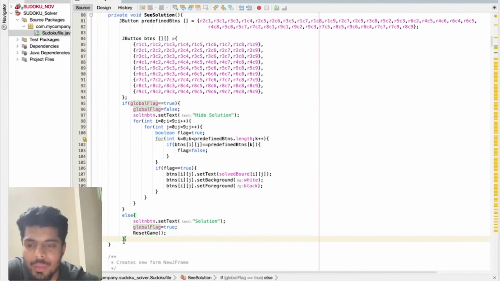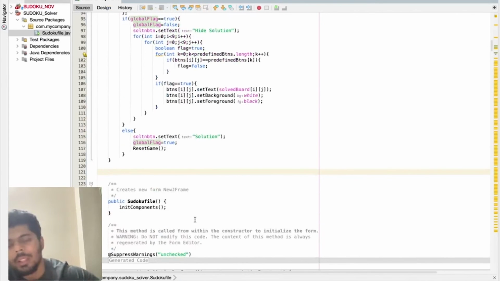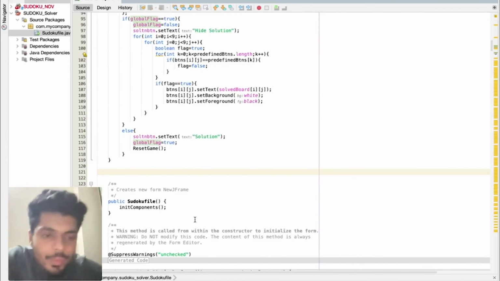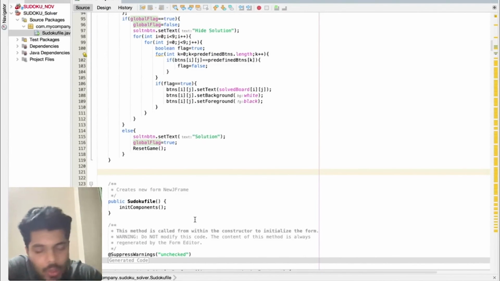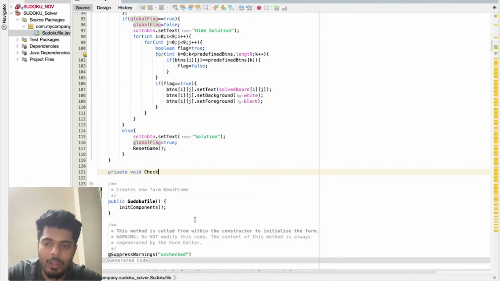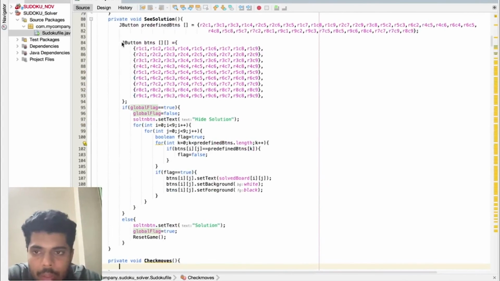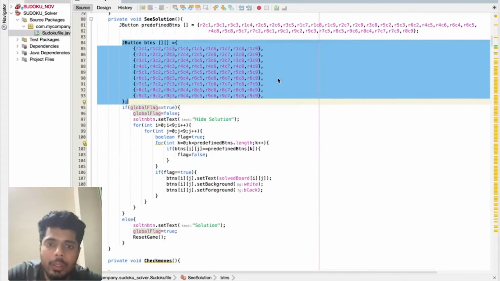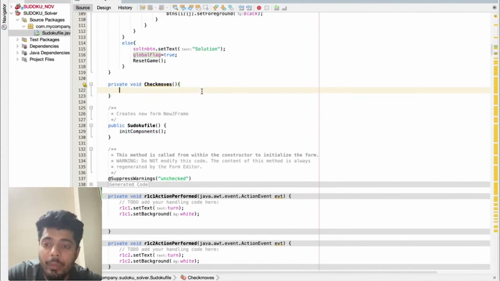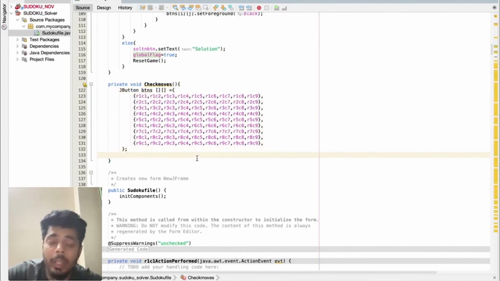Of course, the functionality is different, so we will see what we're going to do differently in this check solution button. Now check solution means that I need to check whether the steps which I have performed so far are good or not. If they are not good, if they are not correct, not accurate, then we will do something. Okay. Check moves. Then again, I can put in this particular 2D array only.